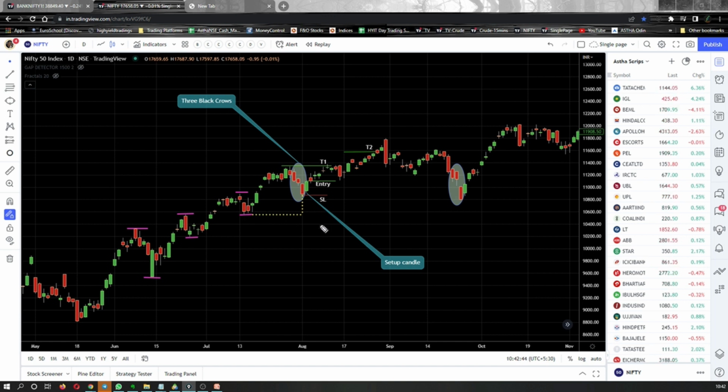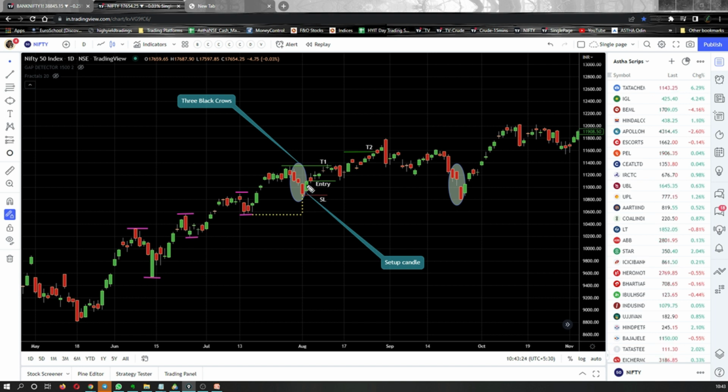Okay, now moving on to the strategy. So right now we have made sure that the stock or the index is in an uptrend. The second thing that we have made sure is we have found the three black crows. The third thing we made sure is that the third red candle's low is not in the same range of the previous higher low. Now, here comes the strategy. You need to wait for this red candle to close. That is very obvious, right? The next candle to this red candle should be a green candle.